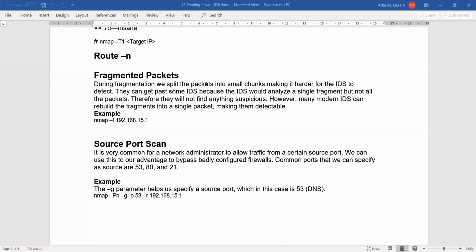So the IDS will discard any upcoming fragments from the same packet, but the target device may be implementing a longer timeout. So it will wait for a longer time before discarding a fragment. When that target receives all these fragmented packets, it is going to reassemble them, process them, and respond to your scan.